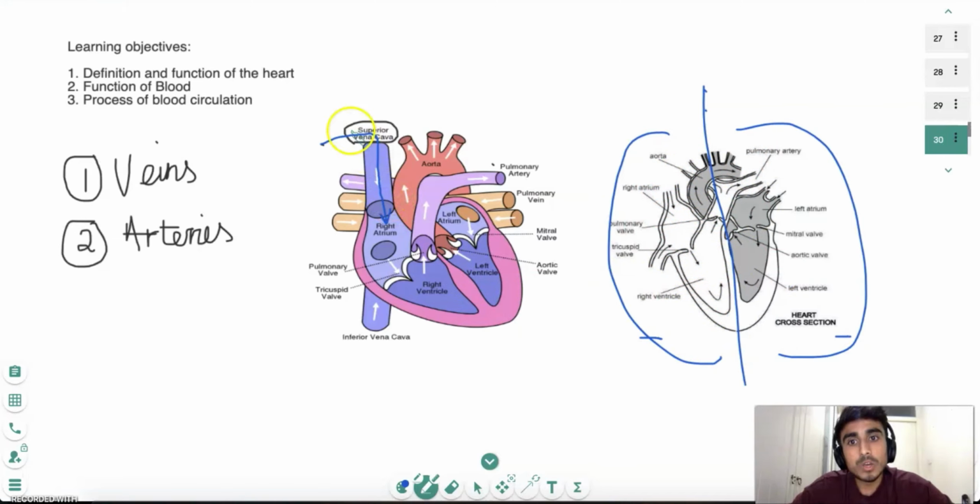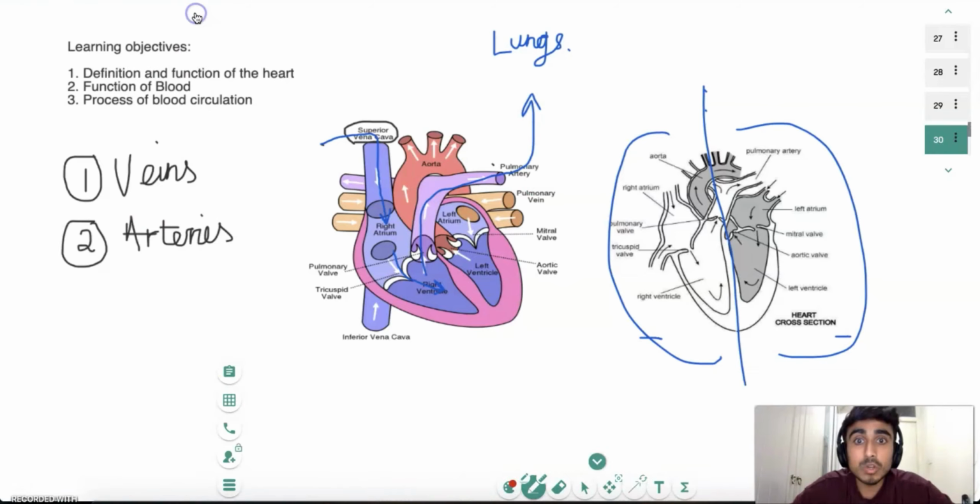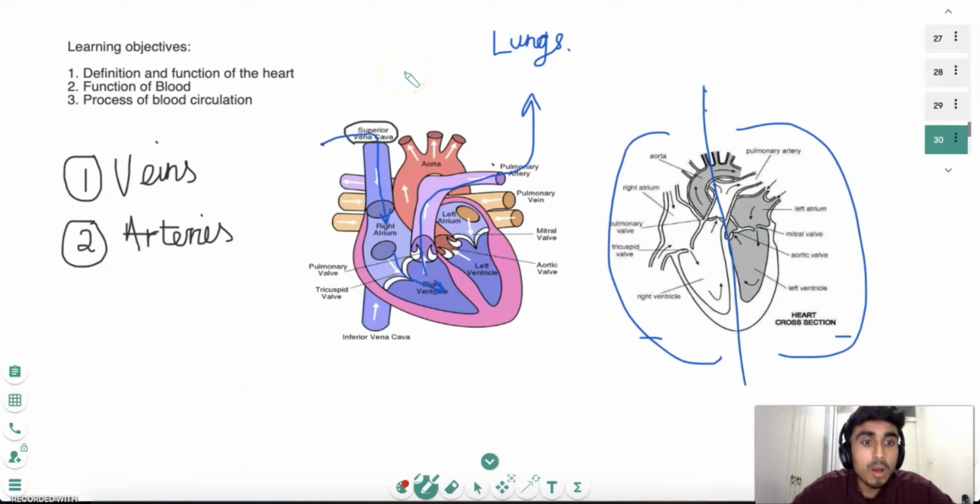Okay. So on the right side, the blood first comes into the right atrium, and then it flows through this valve into the right ventricle. And then it goes out of this right ventricle into the pulmonary artery, and then it goes to what we call the lungs. Okay, so the importance of this is that if you remember back to what I told you, I said that the function of the blood is to carry oxygen to the